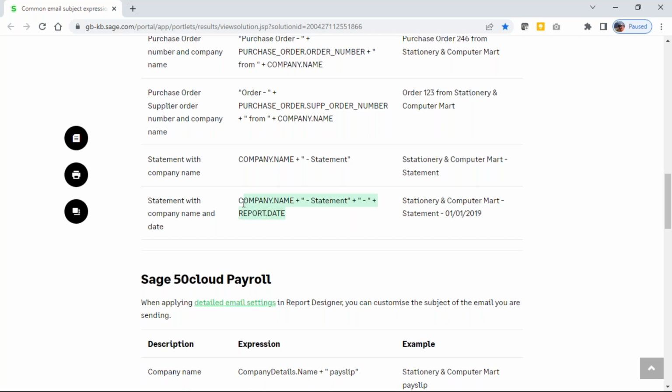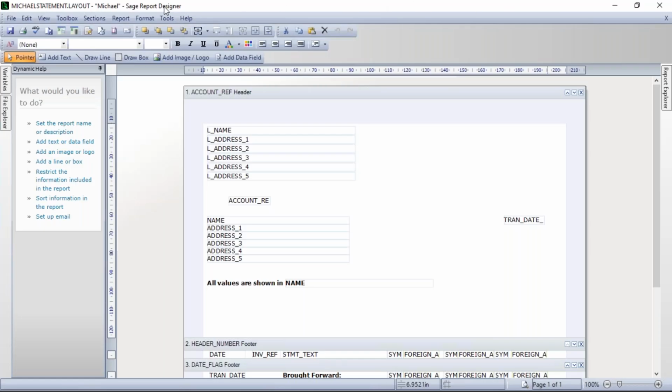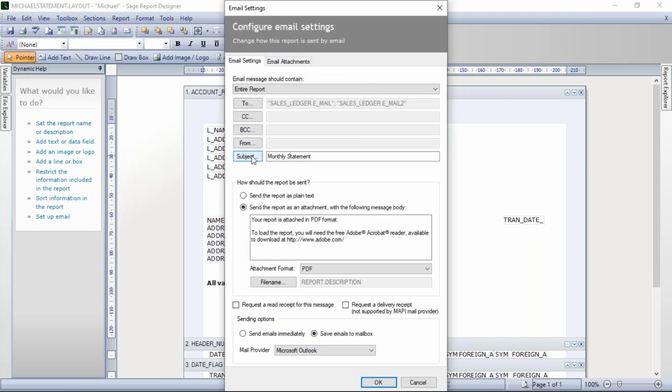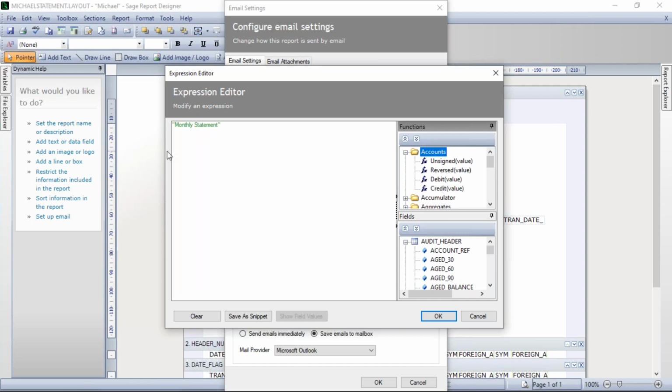So for instance, I might want this one. So I might want it not just to say company name and the word statement, but I might want the report date on there as well. So I'll just highlight that and copy it. And then I'll go back into my Sage, back into the report menu and email settings, and back into the subject line. I'm going to clear what's here. So I don't just want it to say monthly statement now. What I want it to do, if I just paste that in,